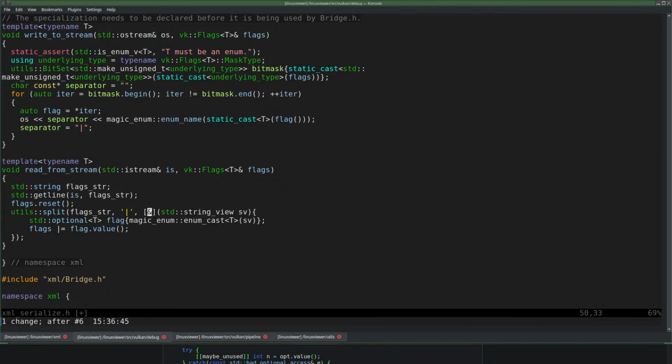Undo, redo, yeah. Okay, I'm putting everything together on flags now.